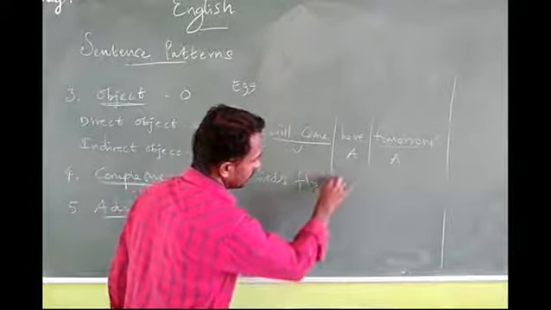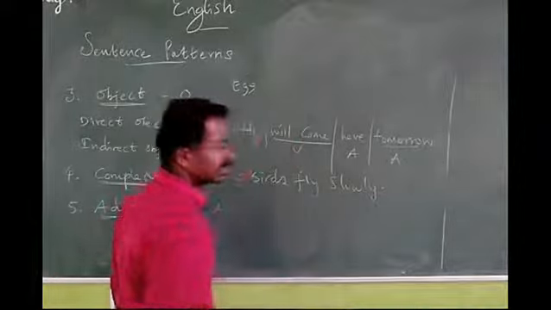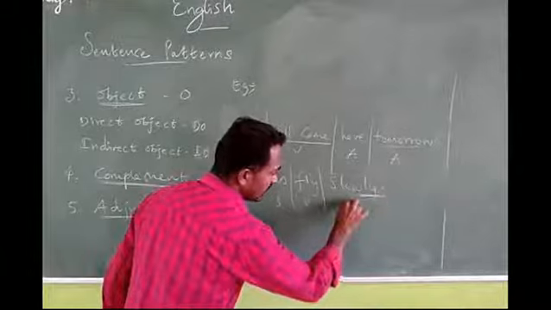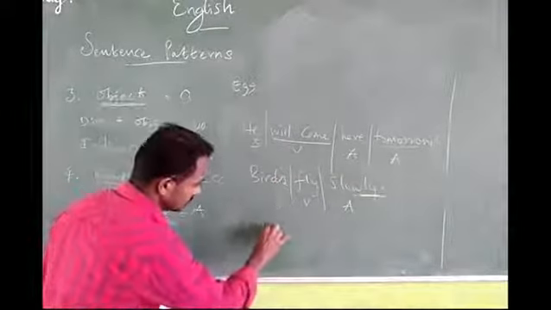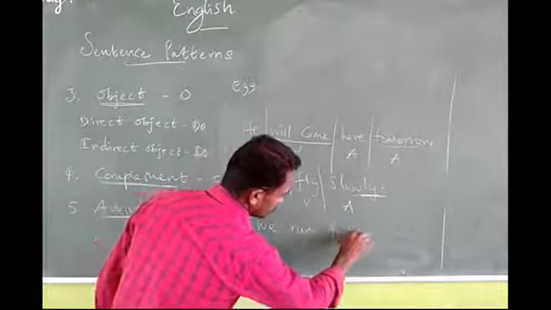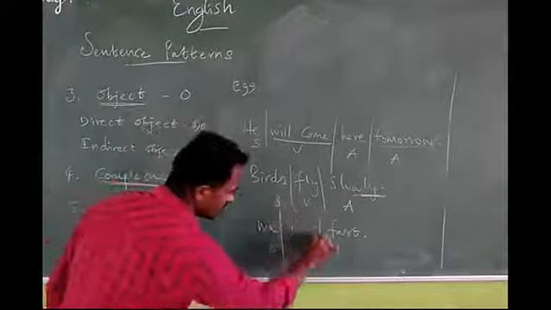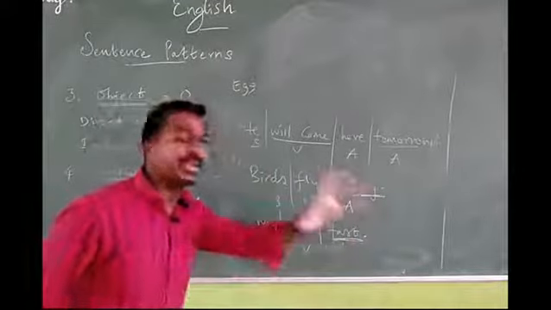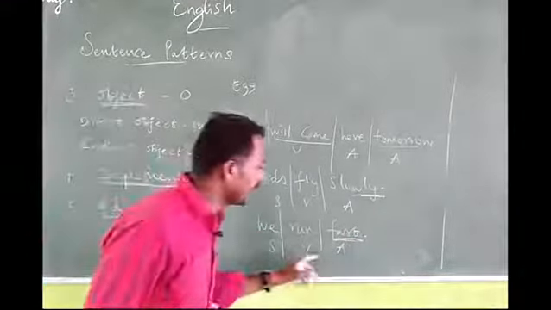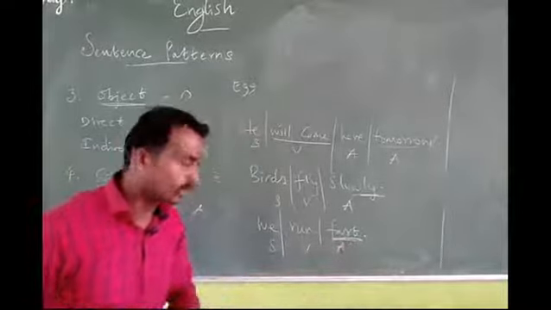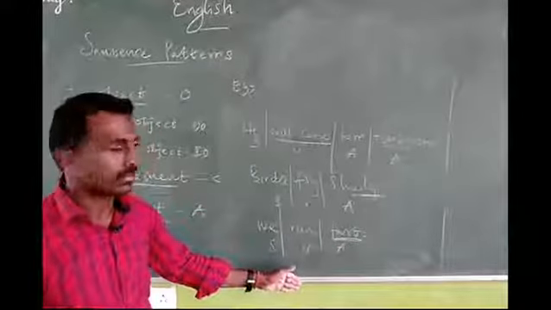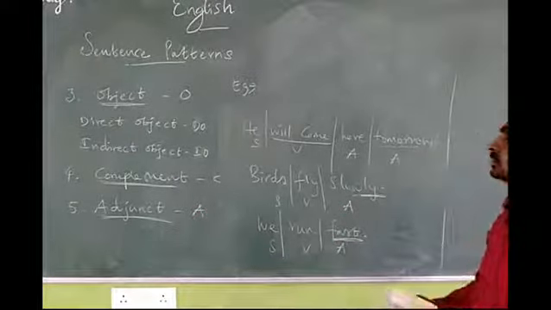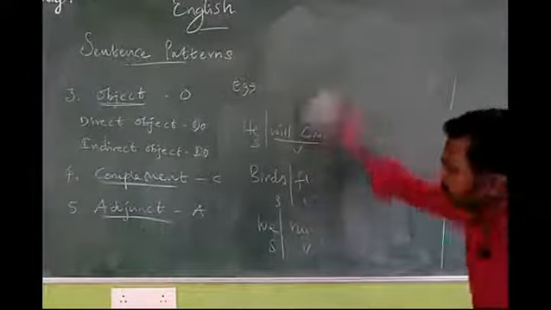Birds fly slowly. Subject plus verb plus what is this? Slowly, LY ends, so S V A. We run fast. Subject plus verb plus agent, because fast is an adverb here. How did we run? Fast. The question says how. That's why I have written it on the board. See, this is the type of questions that may come in your question paper. So we can easily identify it and answer it.